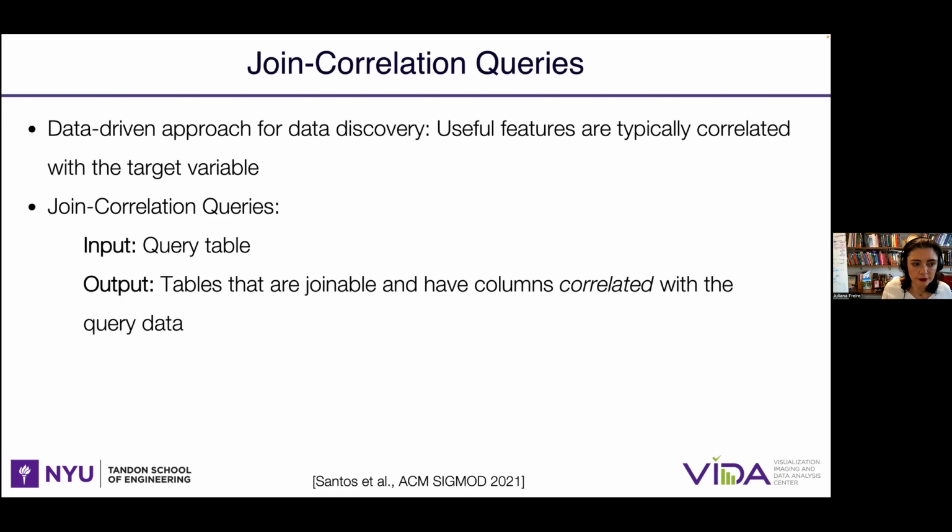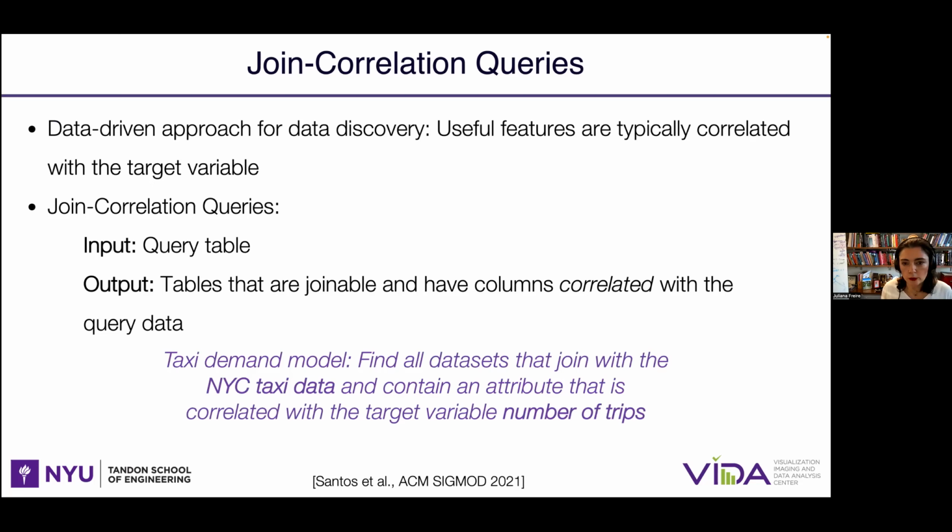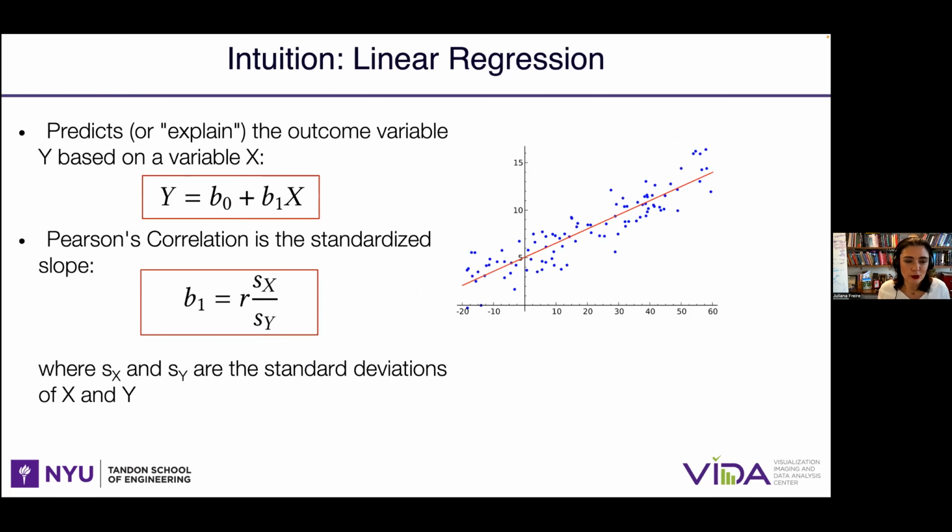And the idea is that given a query table, we'd like to output tables that are both joinable and have columns that are correlated with the query data. So going back to the taxi demand model, we'd like to find all data sets that are joinable with the historic taxi data, but that also contain an attribute that is correlated with the target variable, number of trips, right? So the intuition here, and one of the reasons why these queries can be very useful, is that correlation is the basis for a number of